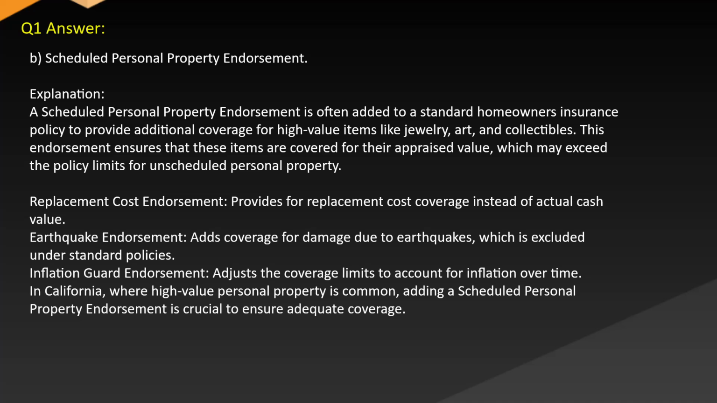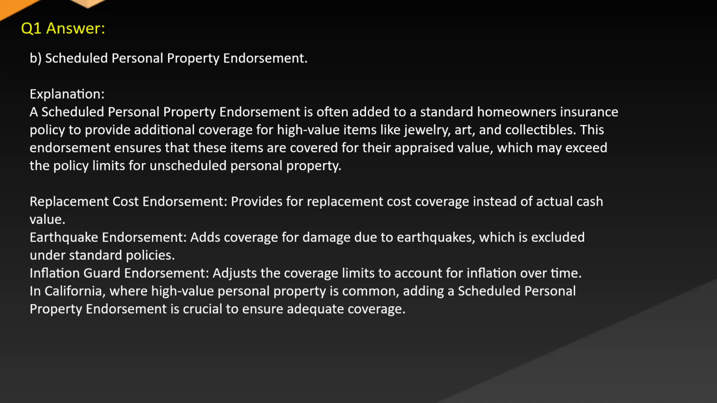Answer: B. Scheduled personal property endorsement. Explanation: a scheduled personal property endorsement is often added to a standard homeowners insurance policy to provide additional coverage for high-value items like jewelry, art, and collectibles. This endorsement ensures that these items are covered for their appraised value, which may exceed the policy limits for unscheduled